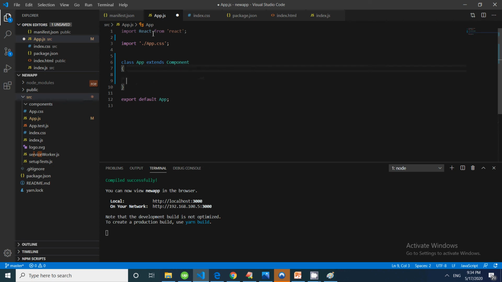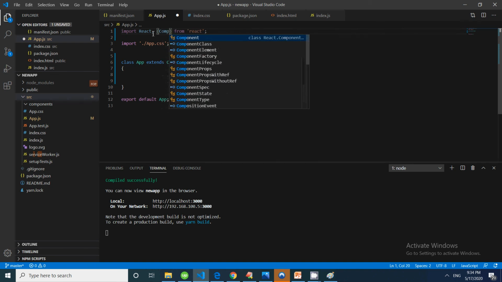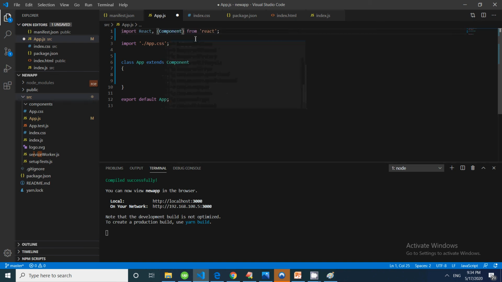I also have to import Component because this is class based. The functional based component is a simple JavaScript function, but if you want a class based one, it is because a class also maintains the state of the particular component, so that's why we use this.